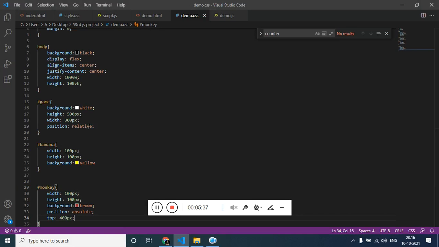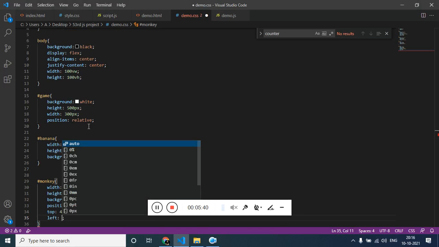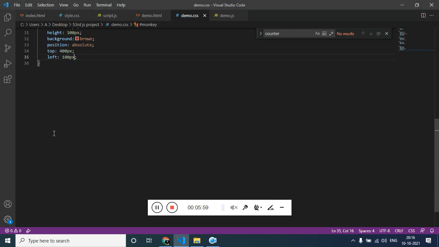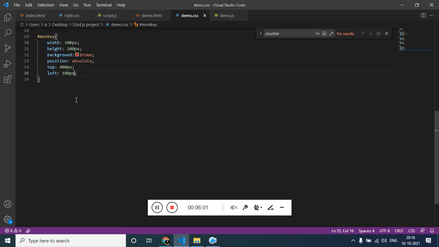Got it. Now left, let's make this 100 pixel, so it's 300 in total, so it would be at the center. Fine, it's all the calculation you have to make.